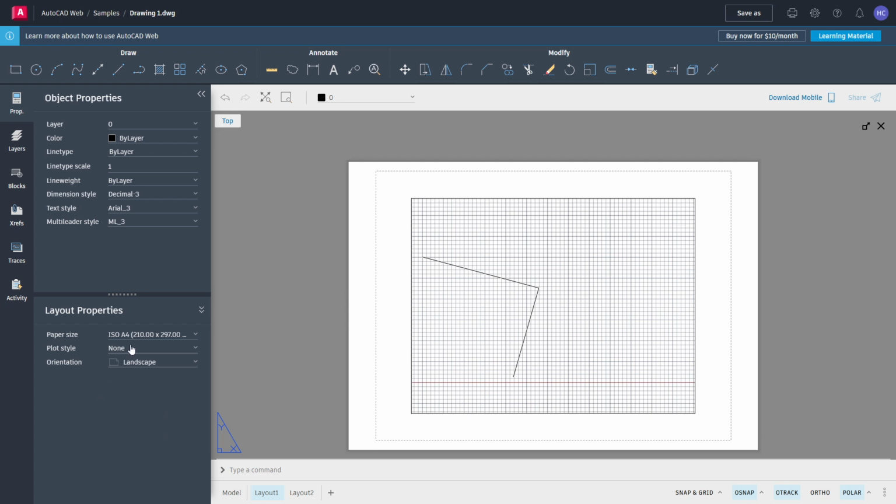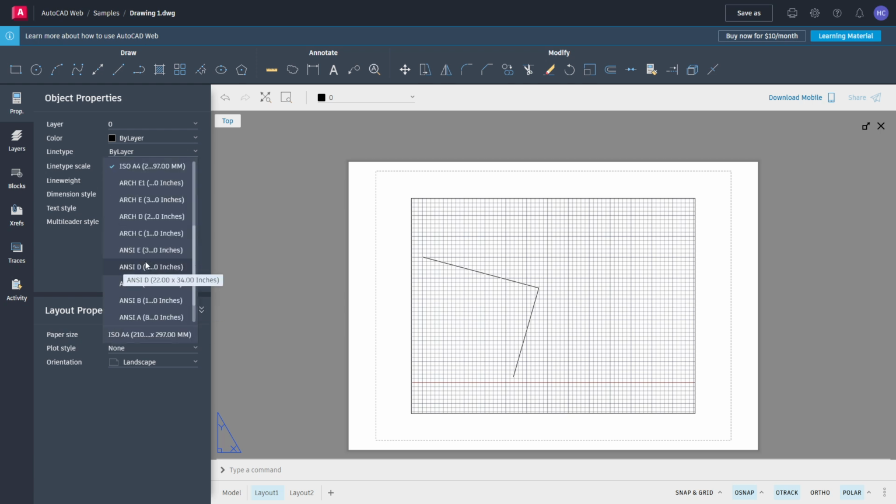Next, select your desired paper size. This is the physical sheet dimension that your drawing will be fitted to. Whether it's A4, A1, or a custom size, matching the paper size to your intended output prevents unexpected clipping or scaling. If you're working with templates, confirm the paper size matches the title block and margins already arranged on the